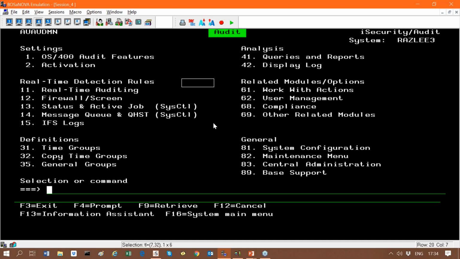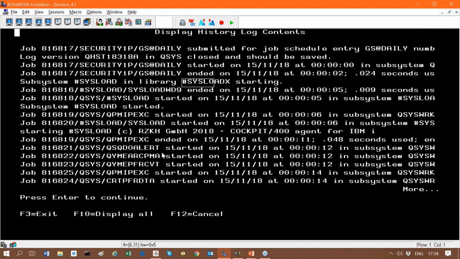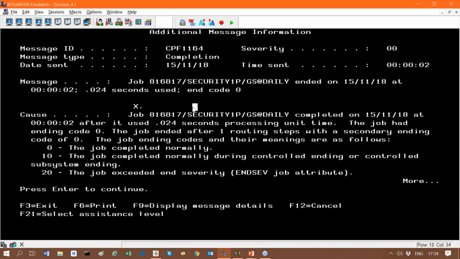But it's not only that. We can also monitor the historic log. You see, it's a unique option that you can take from your historic log also CPFs and monitor it and send alerts from this database,